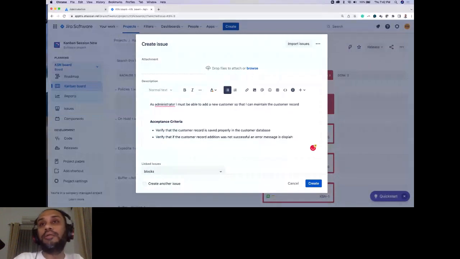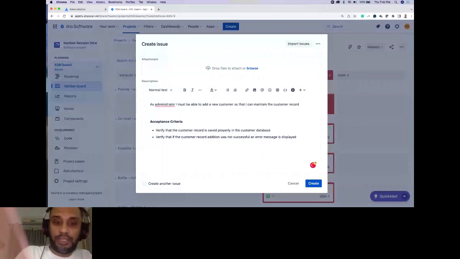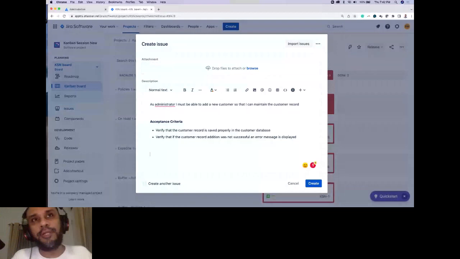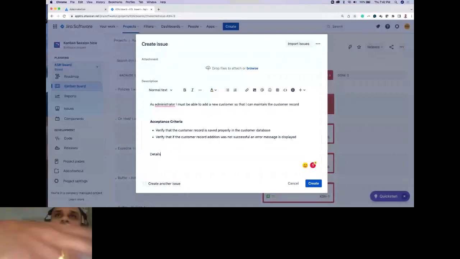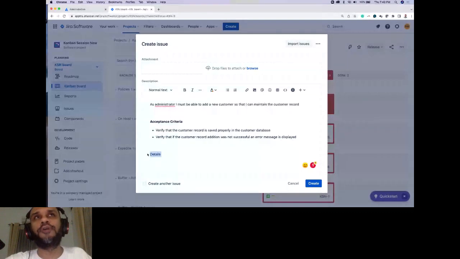And now you can make use of other analysis techniques. Again, I'm not going into that amount of detail, but you can make use of other analysis techniques like adding a prototype, right? Adding a process diagram, adding a state chart diagram, adding a data dictionary. You can make use of all these additional details for our user story, right? And you can make use of the user story body section. Maybe you can write it in your body section, or you can add a separate page in Confluence. If you are using Confluence, add your details in a Confluence page and just refer from Jira, right?